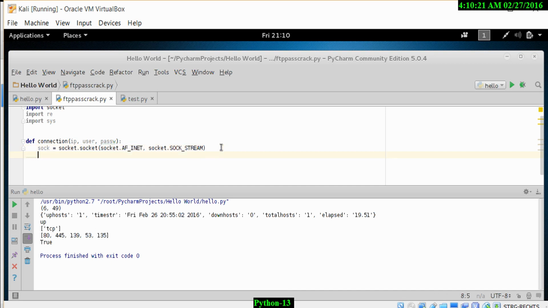Let's go on to now print a message to the screen, and what we want to print is something that says which username, which IP address, which password we are trying. So we want to print something in quotes that says trying, and what we then want to report back is what IP address we are trying, what user we are trying, and what password we are trying. So try